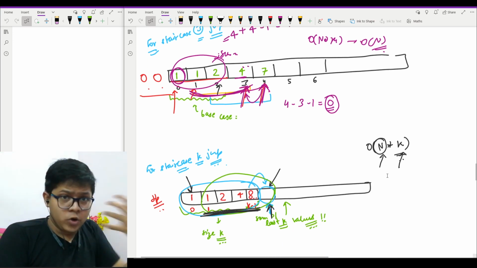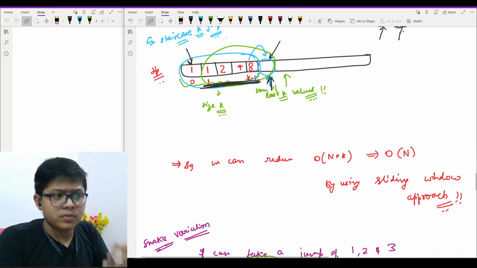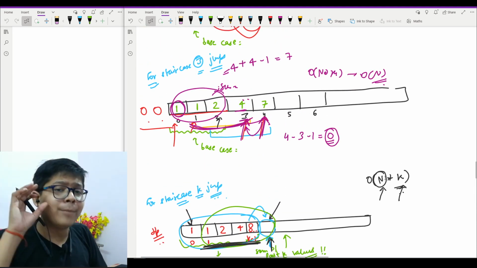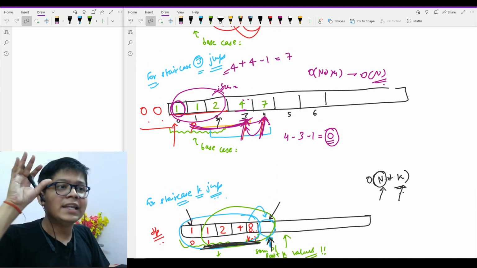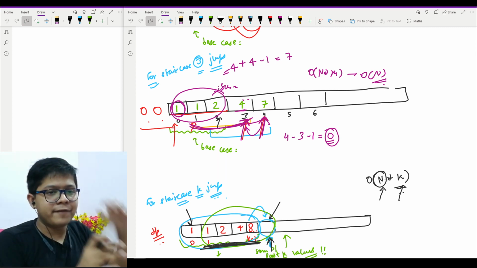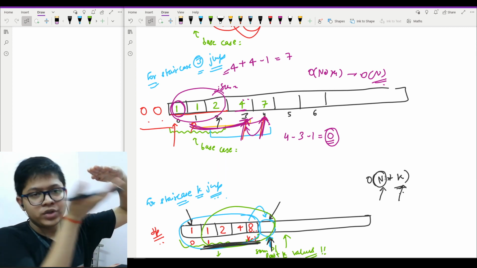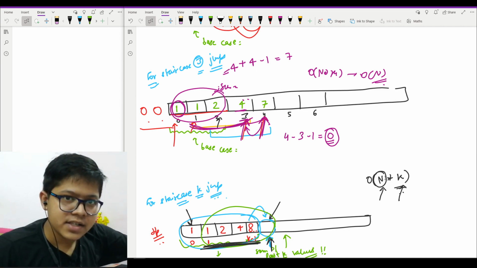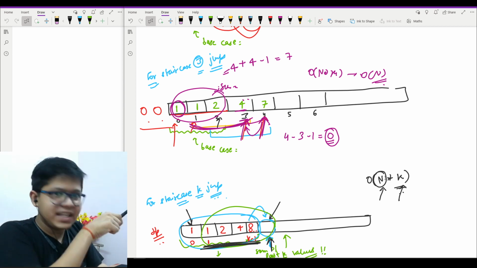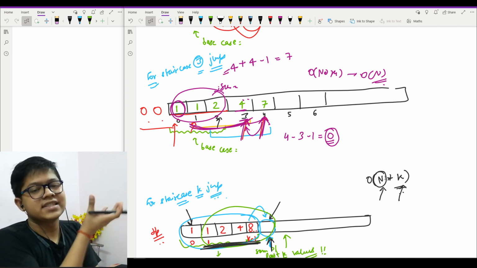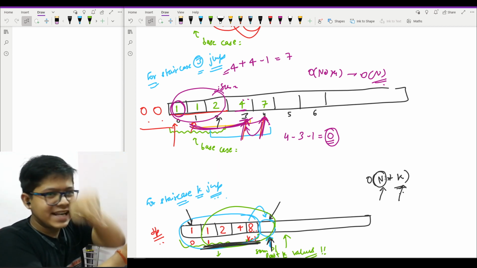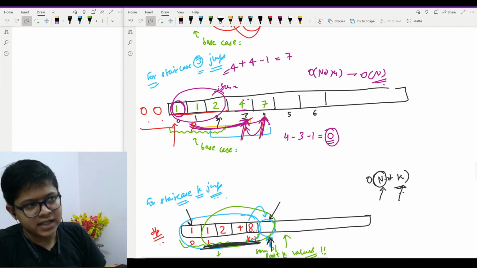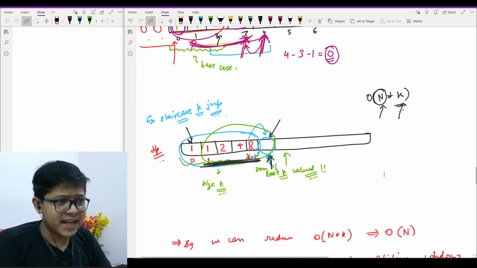Now I hope that you guys have understood this. Now you can easily add the code of this. It is nothing but a slight modification of the bottom-up approach we learned in the Fibonacci one. You just have to find the answer for 0 to k, first of all, 0 less than k, then you will move from k to n such that you will have the answer, called sum before. Then you will add the latest element and you will subtract that particular first element of that window, right? So I will highly encourage you to write that.